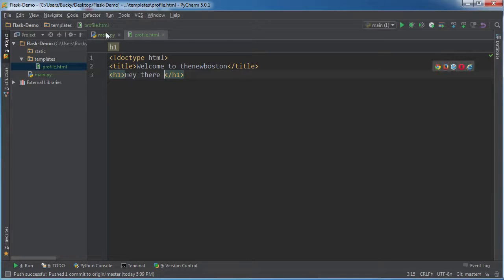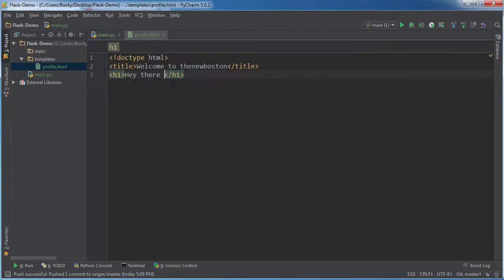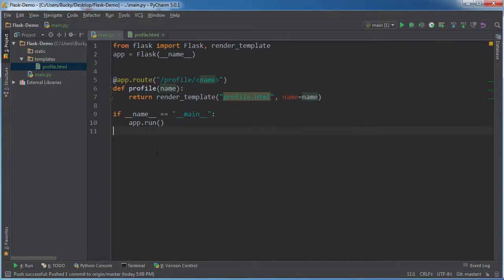So anytime you want to use a variable, and remember, our variable is called name, which is just going to be equal to some user's name, what you do is you put it in between two curly braces. So curly brace, ending curly brace. Now remember, you actually write the variable's name, which is name right there. So this gets passed through to your template, and eventually this is going to say, hey there, Bucky, hey there, Sally, whatever. So if we run this right now,